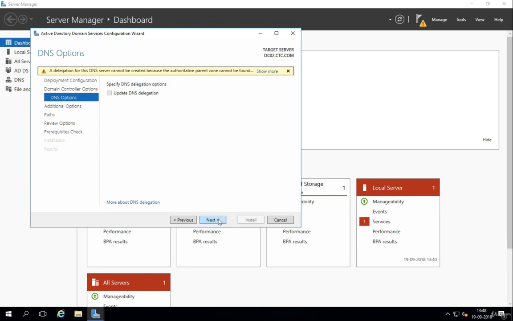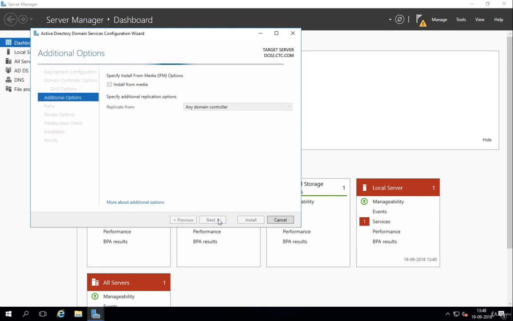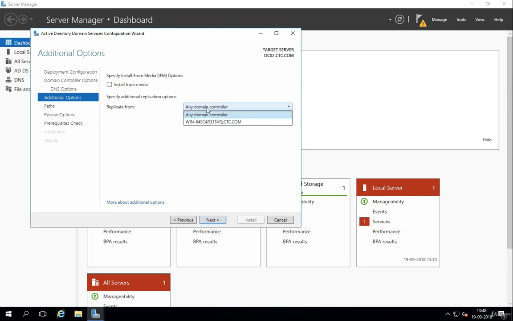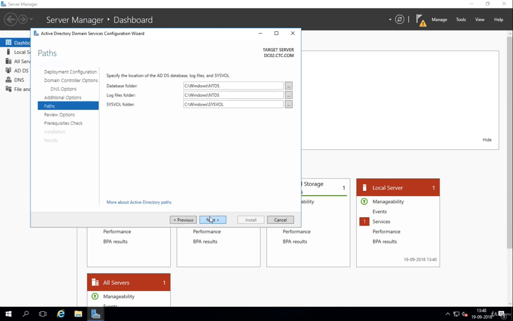Then click next and specify additional replication option. Replicate from this server. This is our root server, right? ctc.com. This name and ctc.com. And then click next. Then it will show the database folder, log file folder, sysvol folder. Okay, so here no need to change anything. Click next